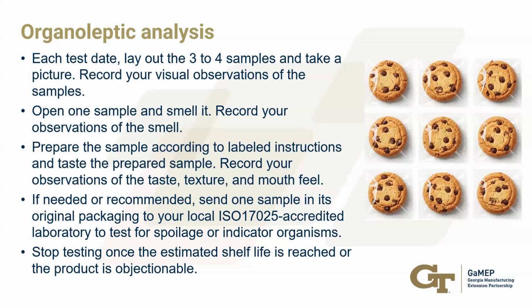And some products, you might want to see if there are spoilage organisms growing. Those are things like yeast, mold. You also might do indicator organism testing like aerobic plate count, also known as APC, or total plate count, also known as TPC. You could take one of those samples for every test period and send it to a lab for that specific microbial testing. Sending product to a lab for specific microbial testing typically costs less than sending product to a lab for a